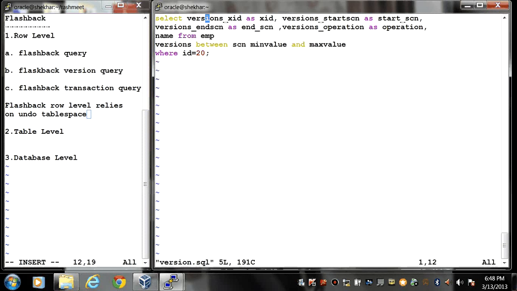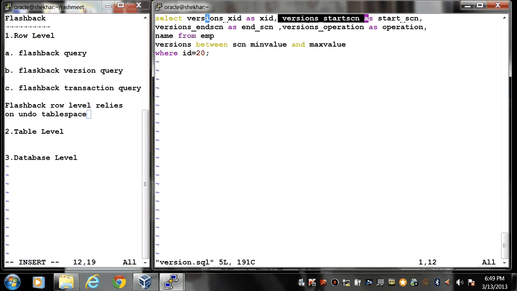Now first is select version xid. Now version xid, this is the pseudo column, displays the unique transaction identifier of the transaction that resulted in this row version. So this is my version ID.